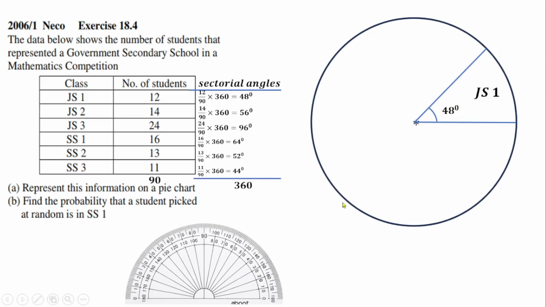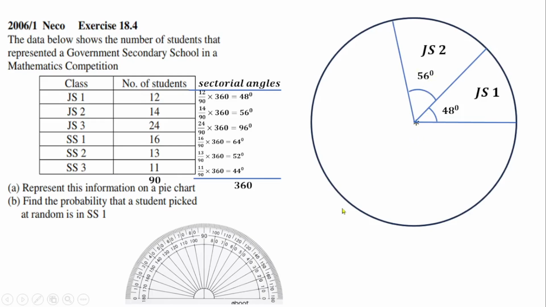So the next thing is to place your protractor also inside this circle. Make sure that the center of the protractor is also in the center of the circle, and mind this new radius. Then measure angle 56 degrees. Then you draw a straight radius, that gives us another angle there, 56 degrees, that